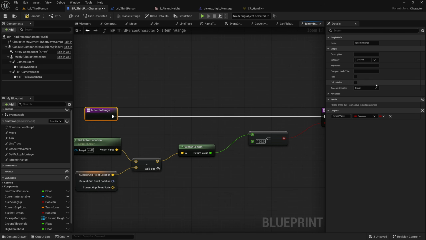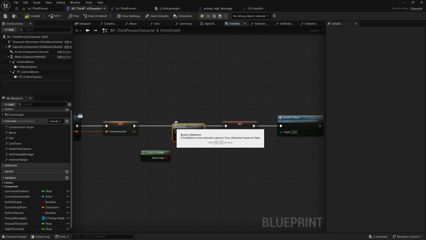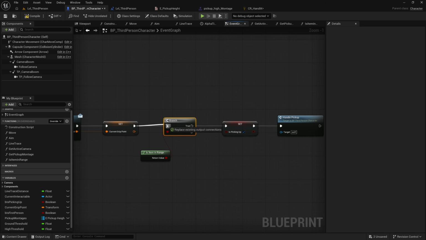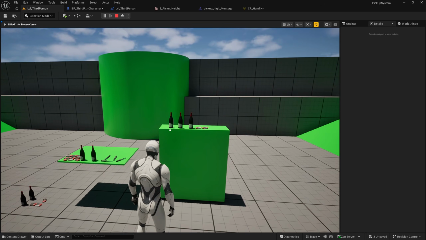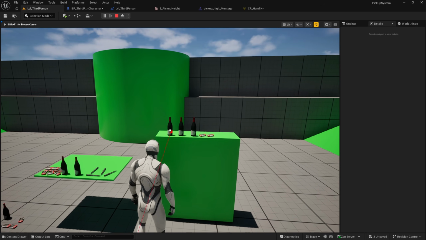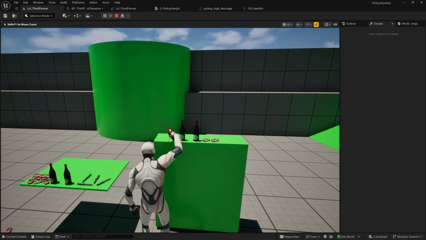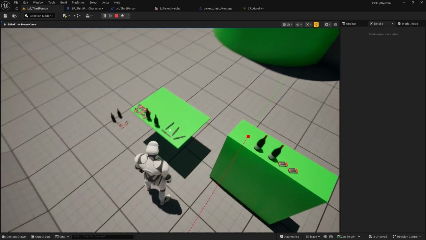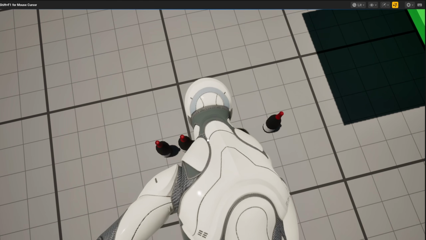We can also make it pure. Now here in event graph, we will check if it's in range, then start picking it up. This way you can increase the line trace distance even more. Now in game, line trace works, but if we're not in range, it's not going to pick it up. Very good. The only issue remaining, if we pick the item up in first person from the ground or from